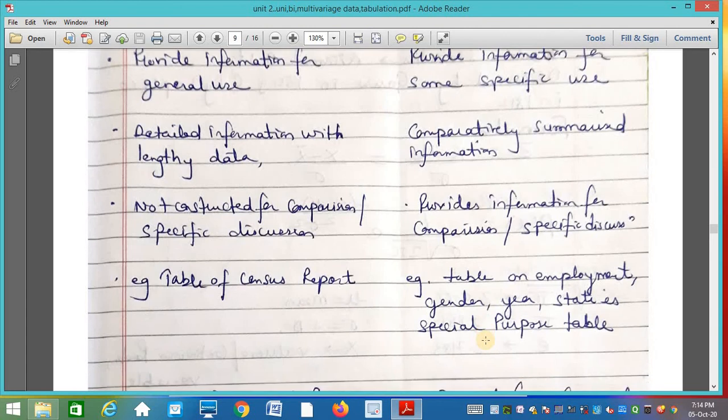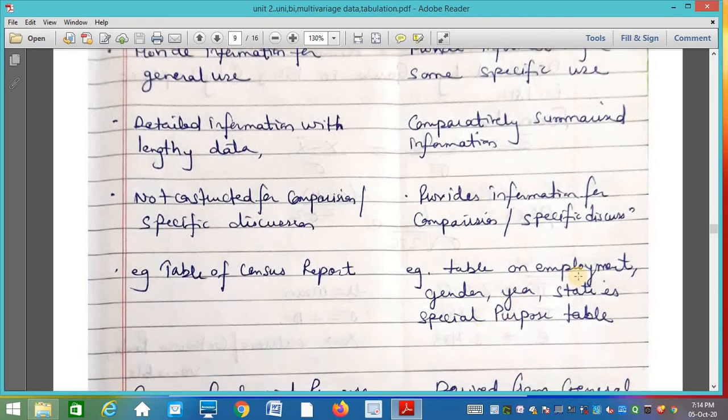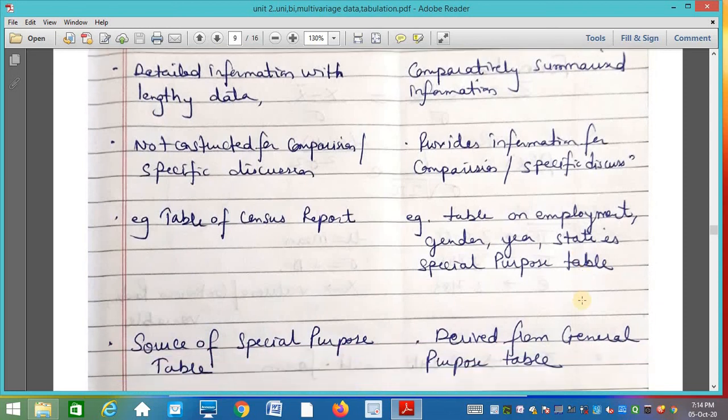So you can have a comparison year wise, in which year employment was more or less. You can have a comparison gender wise, who is more employed, unemployed, male, female. State wise you can compare in which state employment is higher, unemployment is higher. This kind of comparison you can have. Okay.